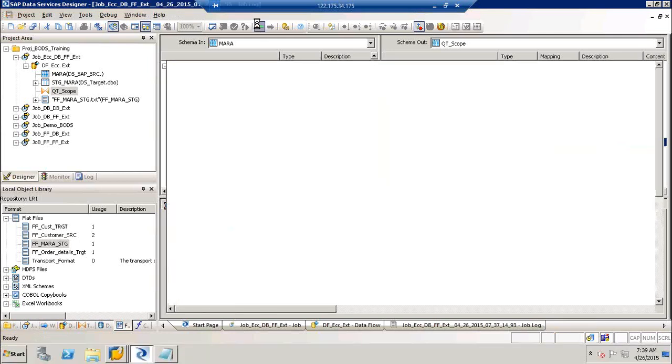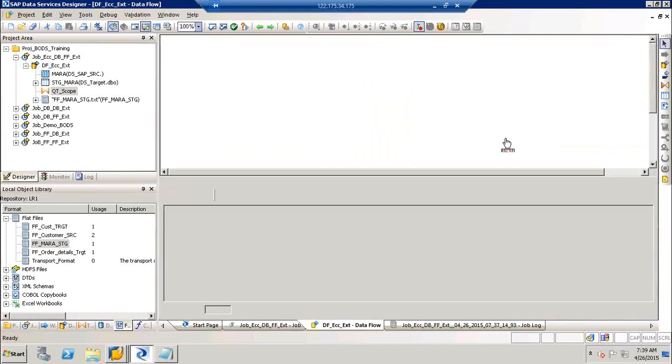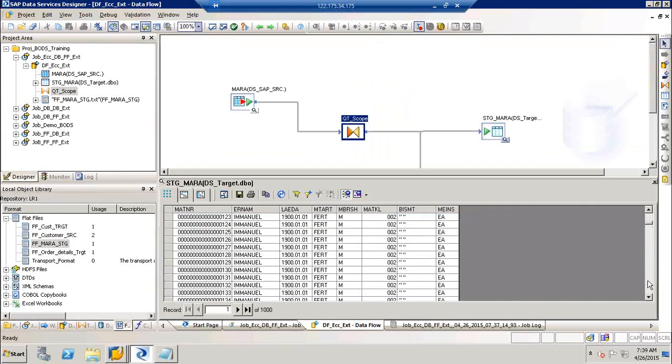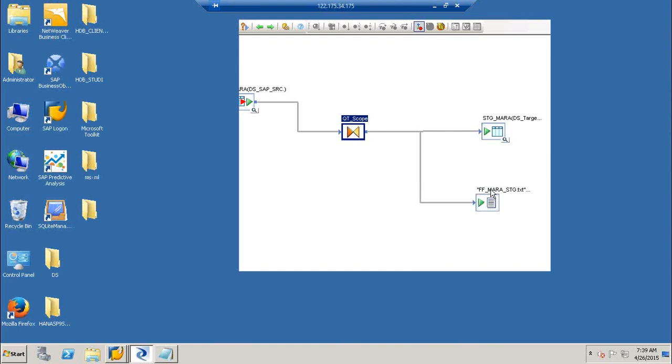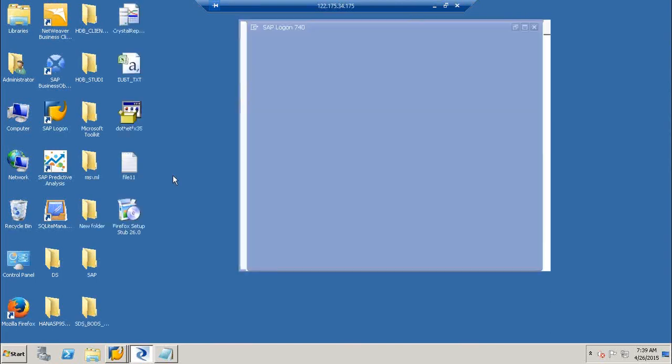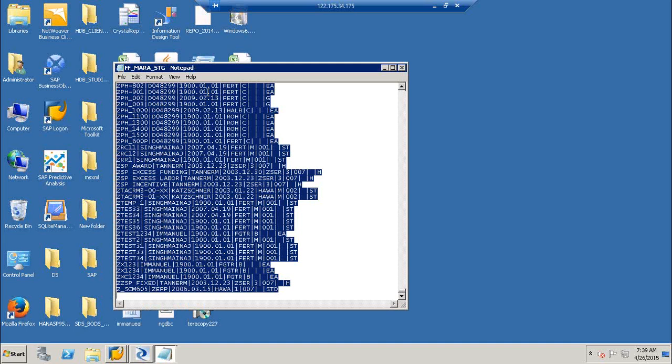So now if you go back and see, my data is created in this table, and my flat file is also created on my desktop. This is a pipe delimited flat file. If you want to just cross-check the data,